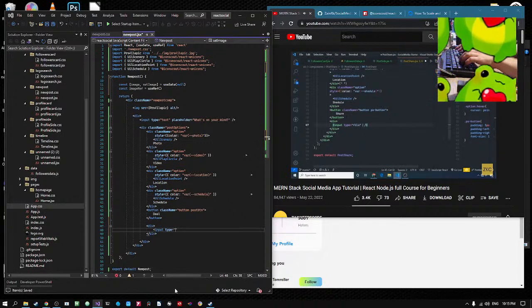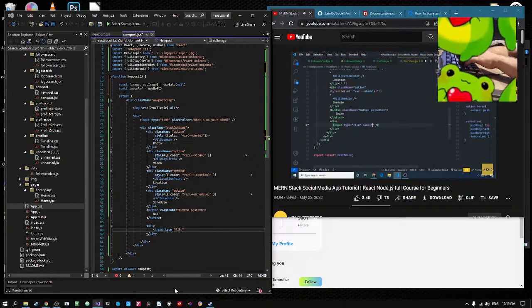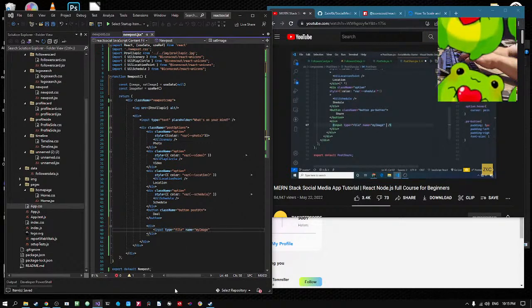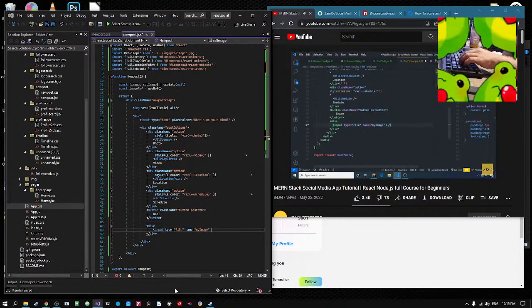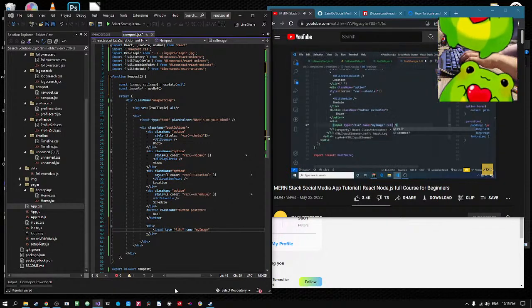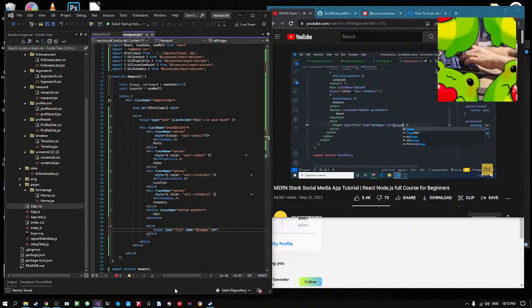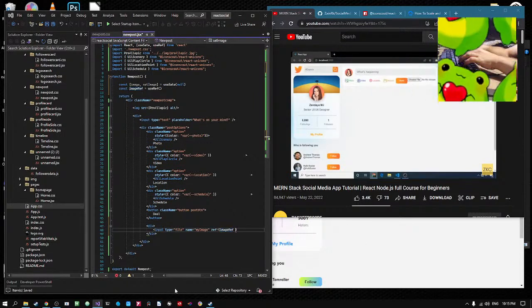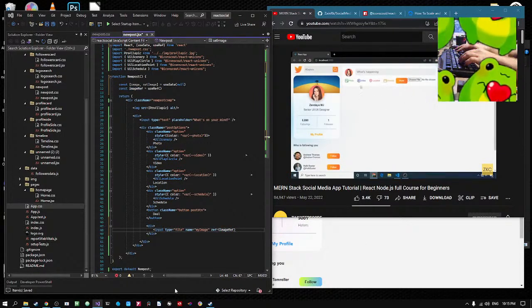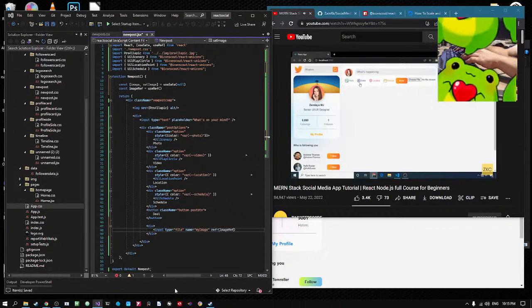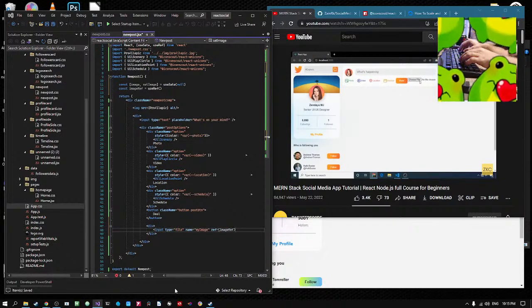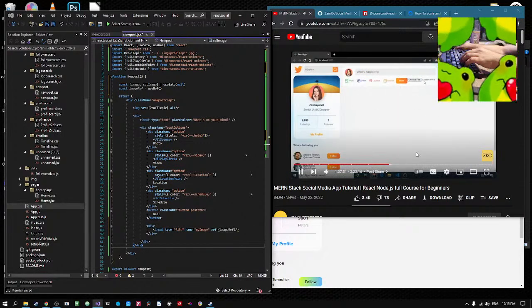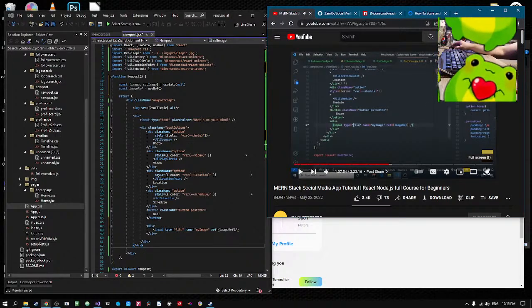Now in this input type file I have its name as my image, and I will declare a function that on change it will change some value, but let's skip this for now. Okay, the reference it will be used, it is a image ref. Okay, now as you know that in a pre-built version we had our selected image just below these share options. Here you can see that our input type file is visible and we can choose any picture, but there is no use of showing this. So what I am going to